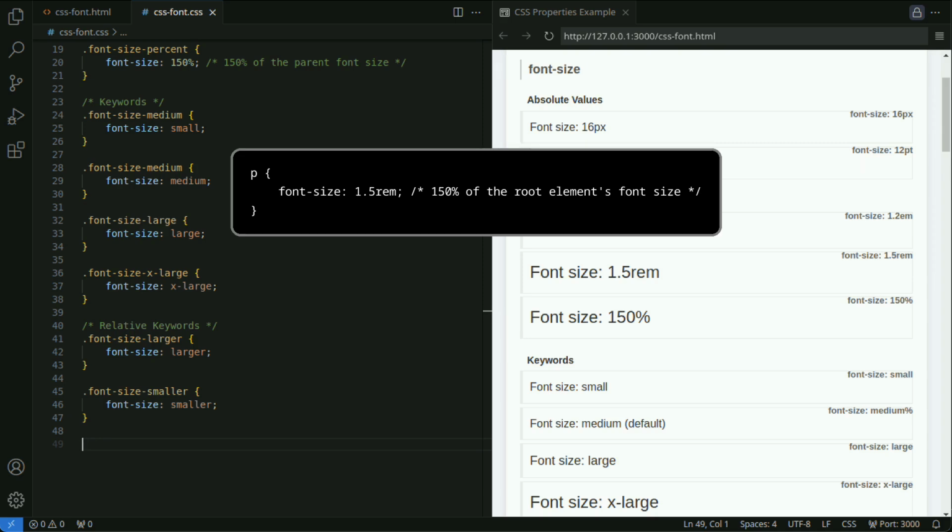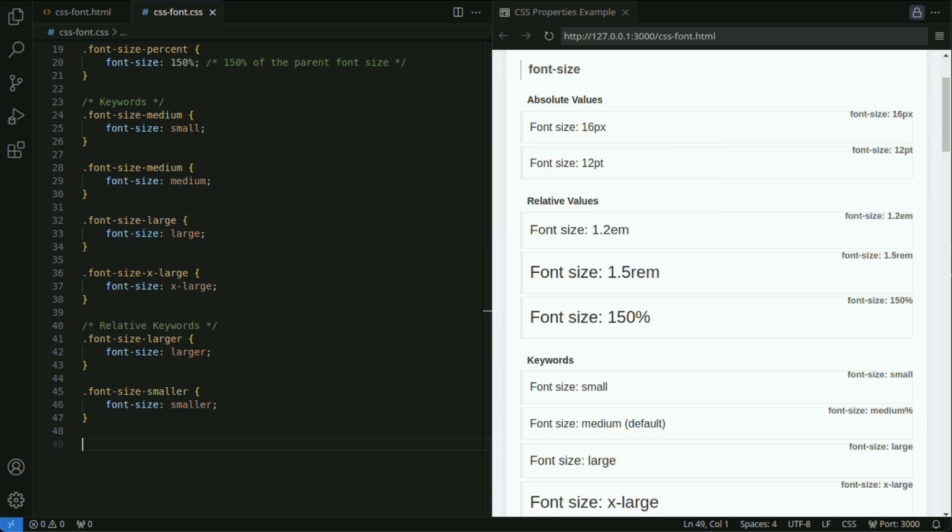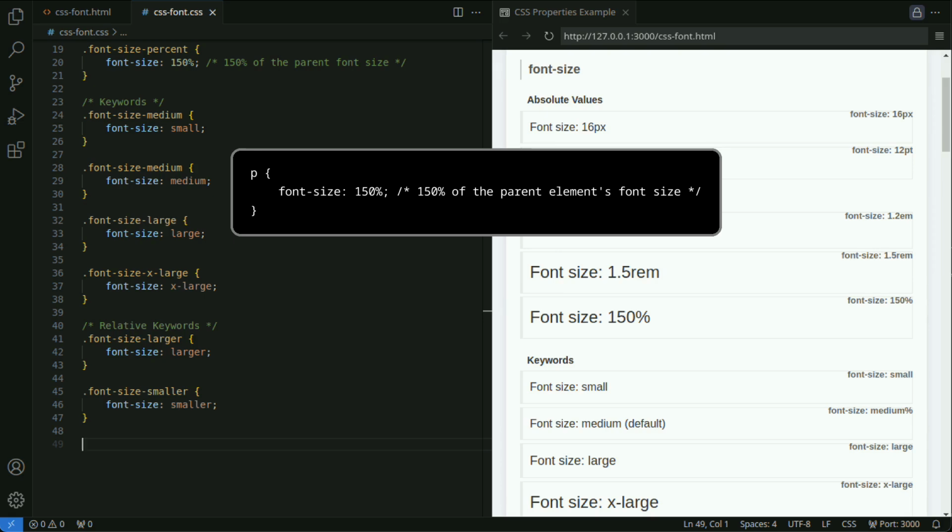Rem is a relative unit based on the font size of the root element, usually the HTML element. Percent is specified as a percentage relative to the font size of the parent element.